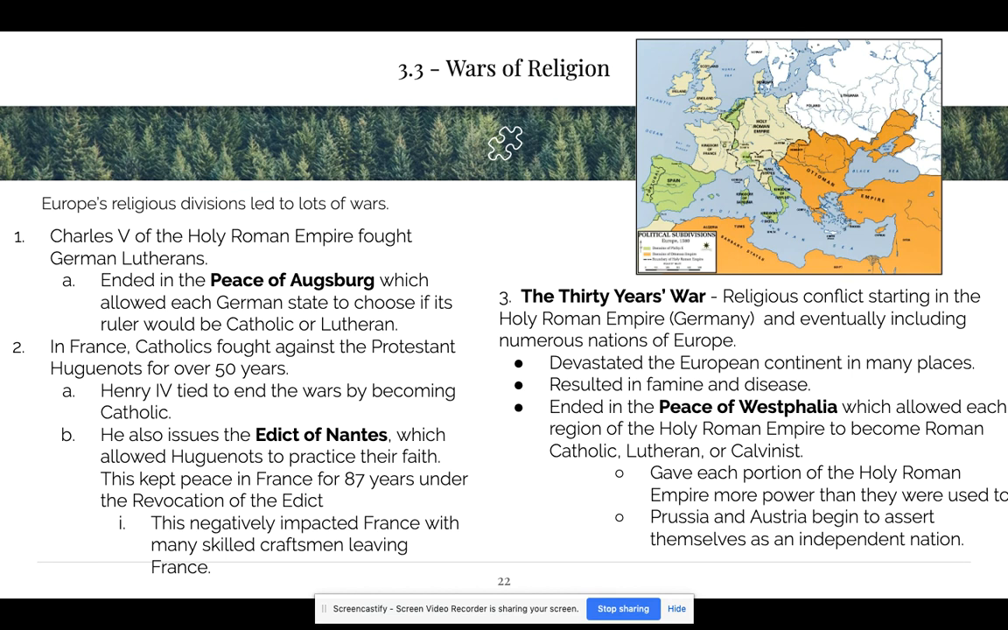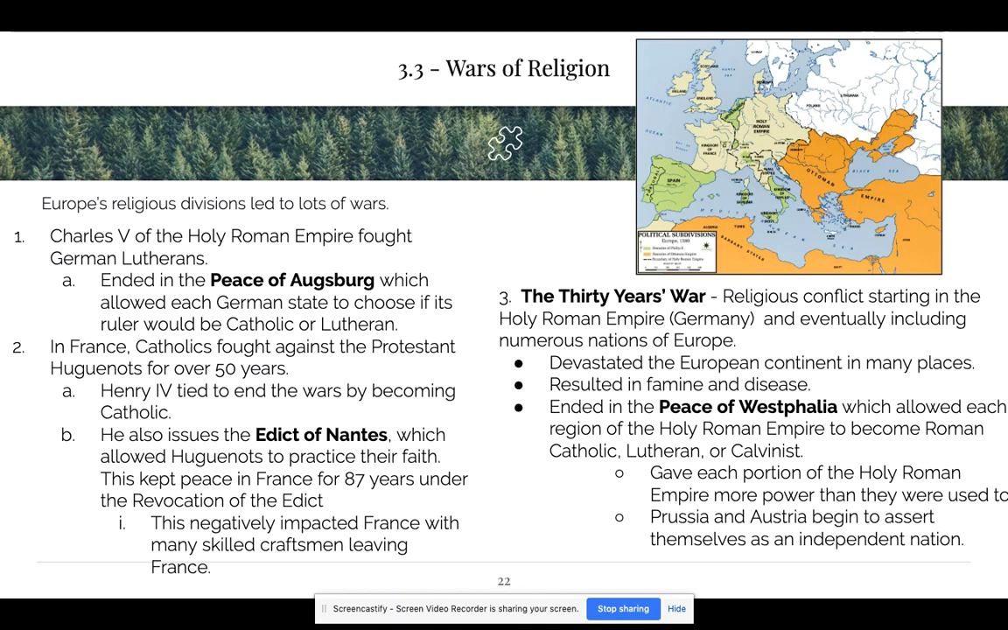This is when Henry IV tried to become Catholic to unify the rule. He's like, whatever, I'll be Catholic if everybody will stop fighting. He issued the Edict of Nantes, which allowed Huguenots to practice their faith, but just the Huguenots, only them. This keeps the peace in France for about 87 years until some knucklehead comes along and takes away the edict,